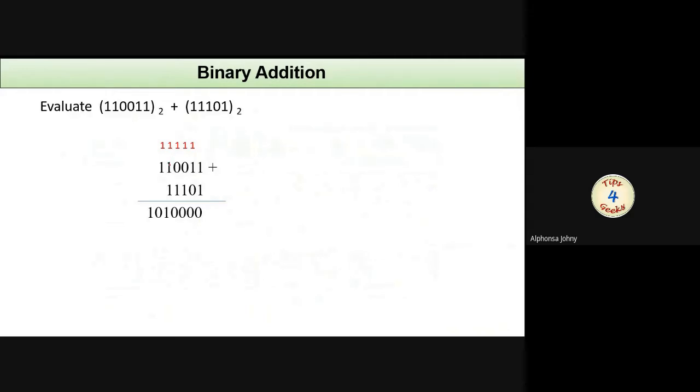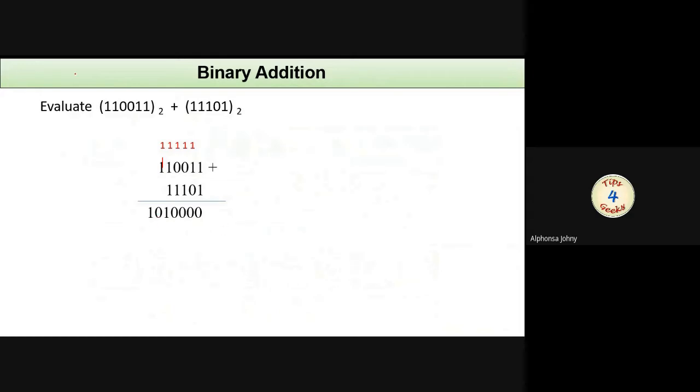And it is forwarded to the next higher bit position. But in this case, here already two ones. So 1 plus 1 is 0 with a carry 1. That I am forwarding to this position. So 1 plus 1, 0 with a carry 1. That is written over here. So the final answer is 0. That 0 to be added with this one. 0 plus 1 equal to 1. So the carry from the previous bit position, that is 1, is already here. We have to add these two ones. 1 plus 1 equal to 0 with a carry 1. Since there are no bits to proceed with the further addition, we are writing that 1 to the left of this 0. I think it's clear to you.